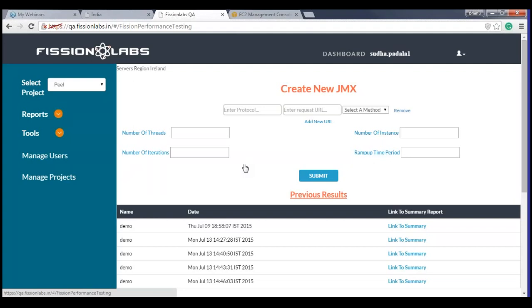Number of threads totally depends on how many concurrent users you want to use and how many iterations you want to make. So depending upon what kind of load you want to create, you give all this information and then submit it, and then you have your report ready in this format.